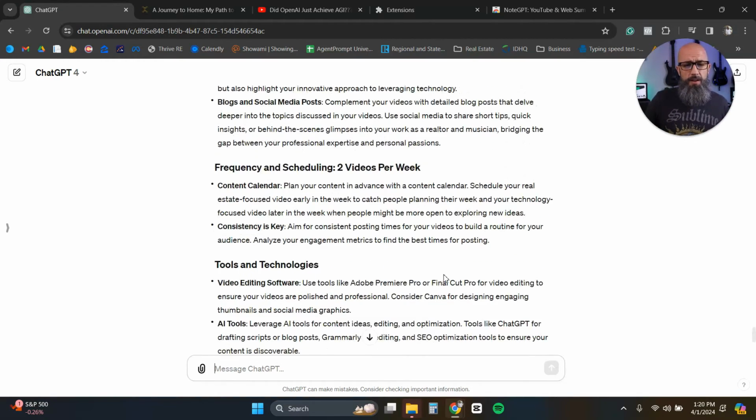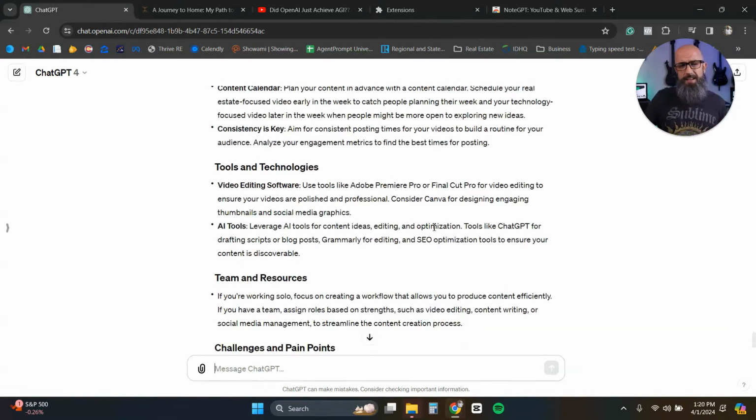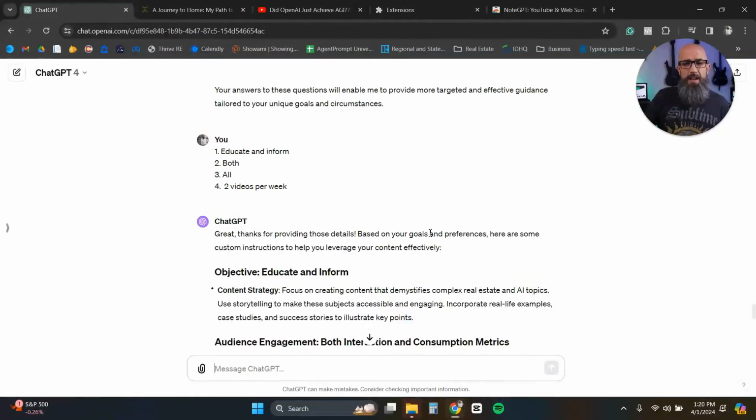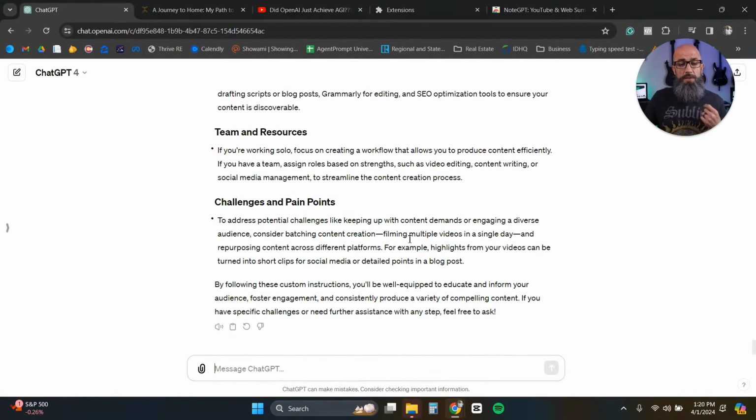So we can see here that it did go ahead and add these teams, resources, challenge, and pain points like that. So we're just gonna go ahead and ignore that stuff. What we really want is we want it to create the instructions for box 1. There's 2 boxes in the custom instructions, which I'm going to show you guys. And as soon as we're done summarizing this,